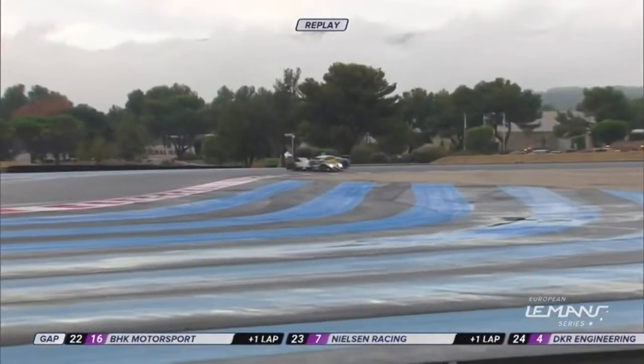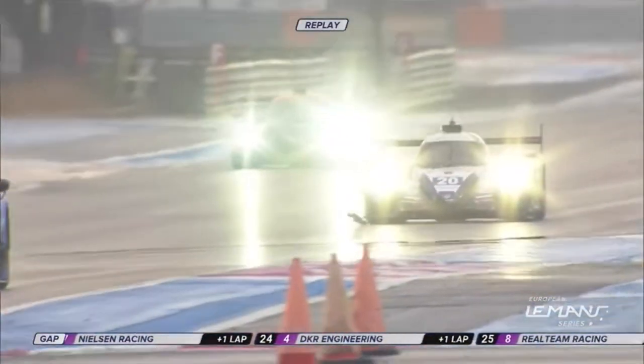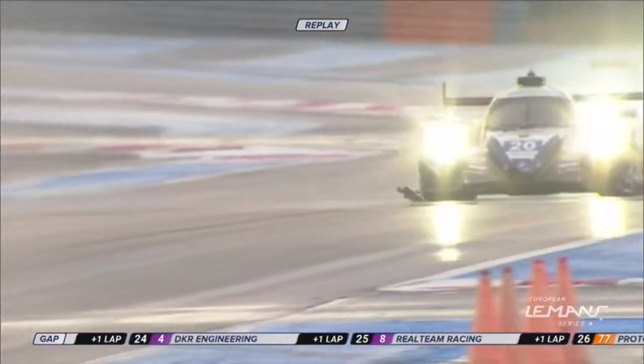That's why they waited so long. Will it dry enough for us to not go with intermediates and go with slick? Exactly what it was, unfortunately. One spin, that was close. Two, and there's bodywork damage to the number 20. It's a car that's had a